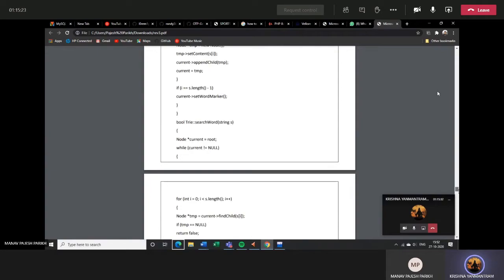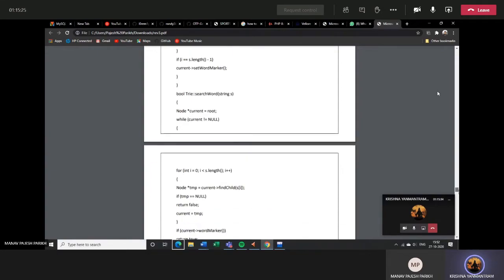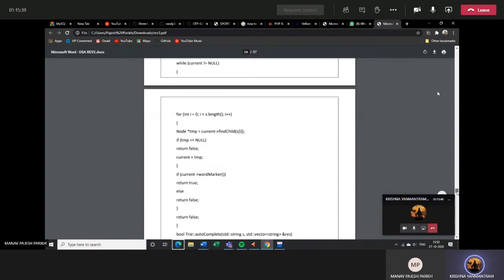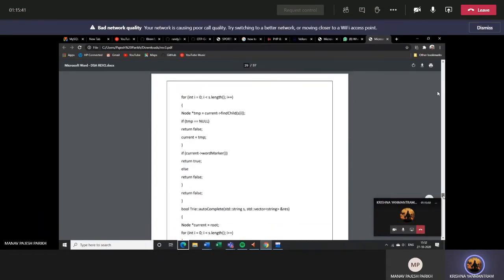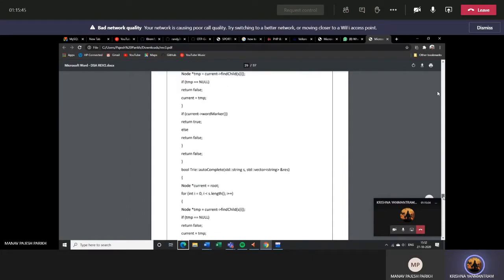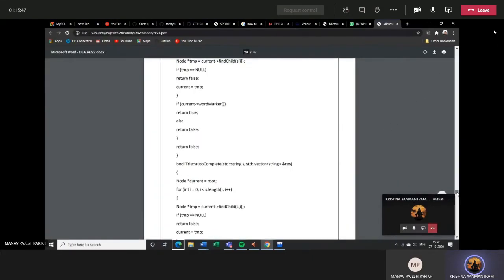We search for the word. This is the part of this. We check if the word is already there in the dictionary or not, because if it's there in the dictionary, it will return the words. But if it's not there in the dictionary, we have to add it to the dictionary right now. So it searches if the word is there or not, and if it's there, it autocompletes over here. And if it is not there, we add it to the dictionary. We can go down.